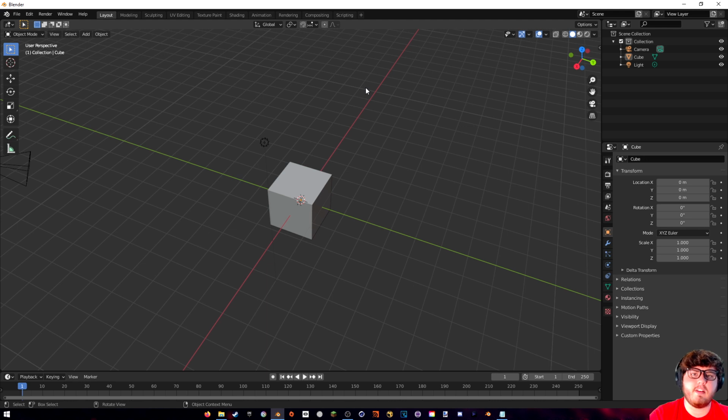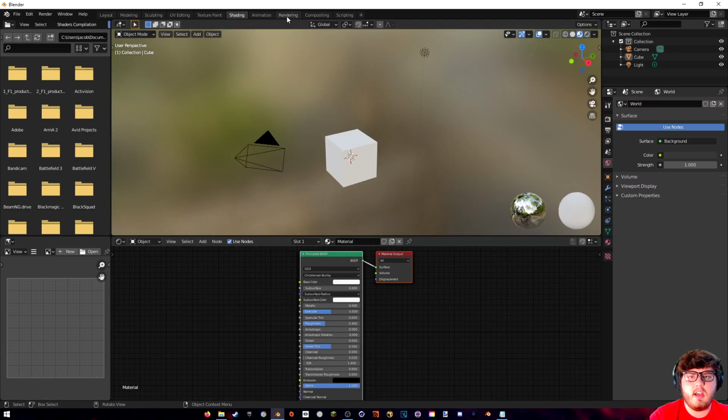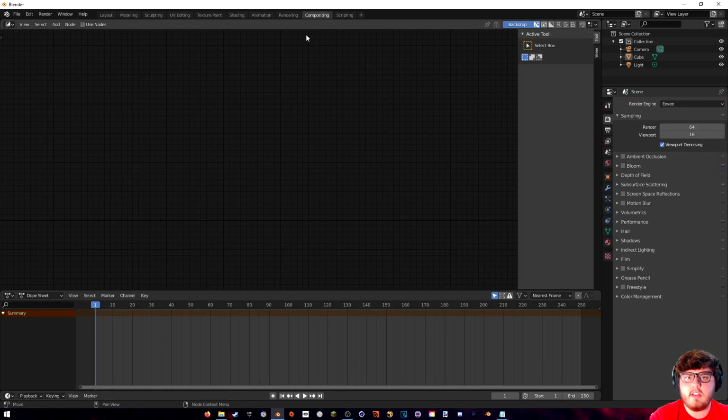Now, like I was saying earlier, there are certain window presets up in Blender. The default one is up here called layout. So this is just the one that you'll probably end up using the most. But for visual effects specifically, you might use all of these up here. I mostly use the shading workspace, some in the compositing,